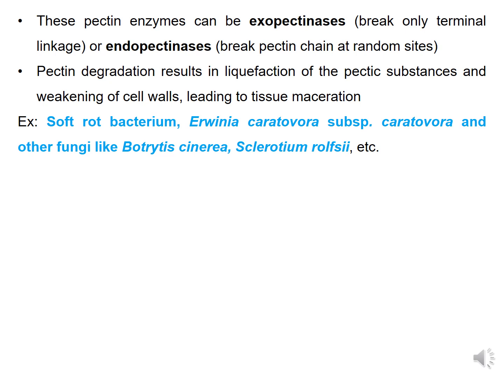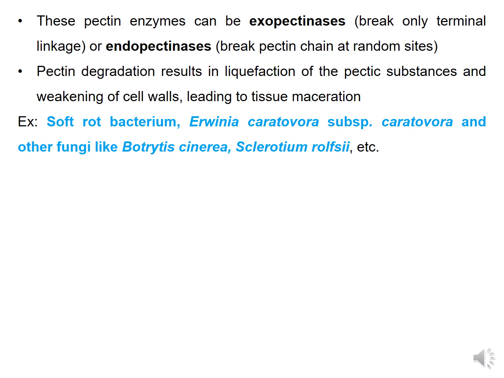So what will happen after pectin degradation? Simple, it results in the liquefaction of the pectin substances, and it will weaken the cell walls, because pectin is the strong substance present in the middle lamella. If pectin is degraded, automatically it will lead to tissue maceration. This tissue maceration will be caused only by the soft rot fungi